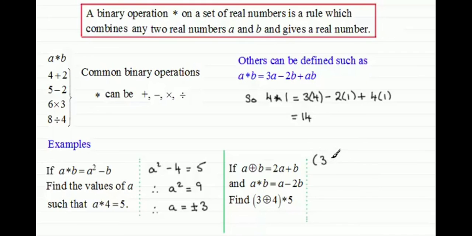So 3 plus 4 star 5 is equal to, so 3 plus 4, we have to substitute instead of a 3 and instead of b 4. Therefore we get the result 2 into